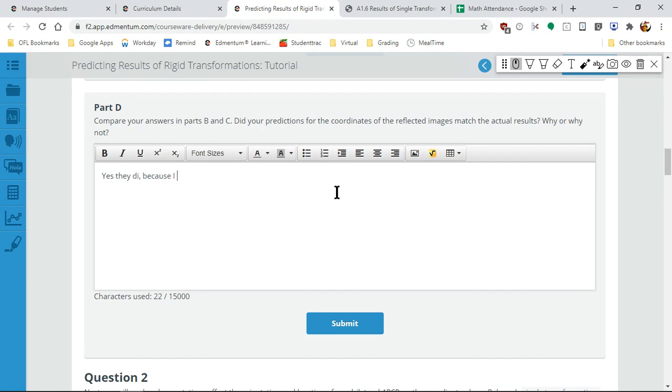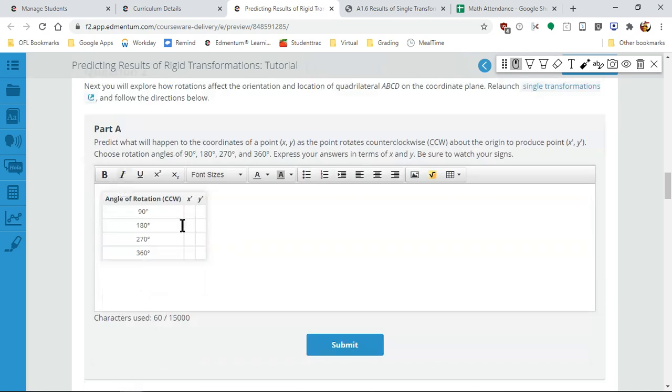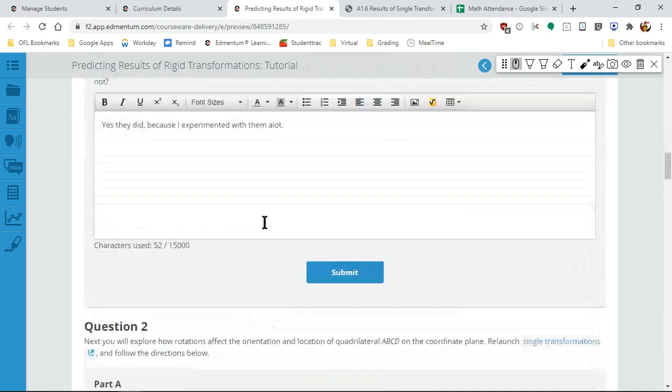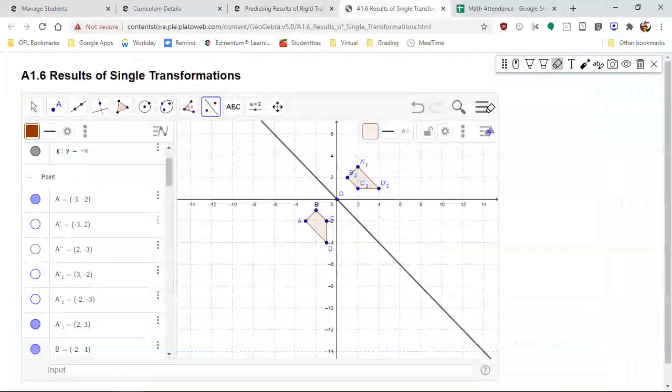Because I experimented with them a lot. We did all the experiments with them. So that's why we were able to predict it correctly. Here, now we're going to do rotation. So what I'm going to do here, I'm going to